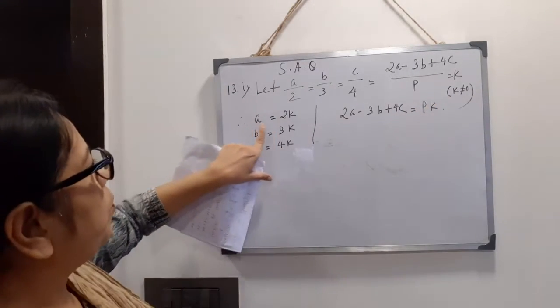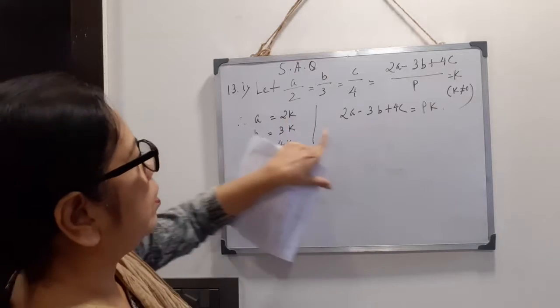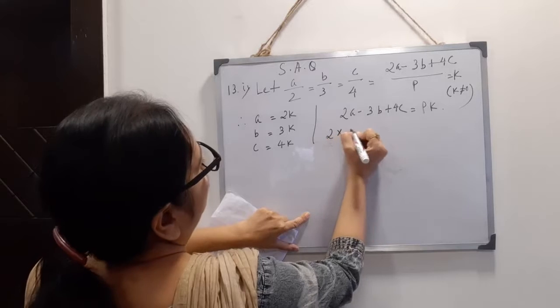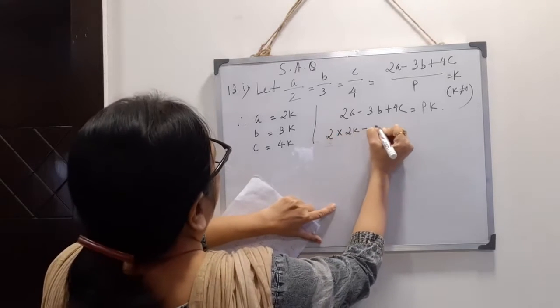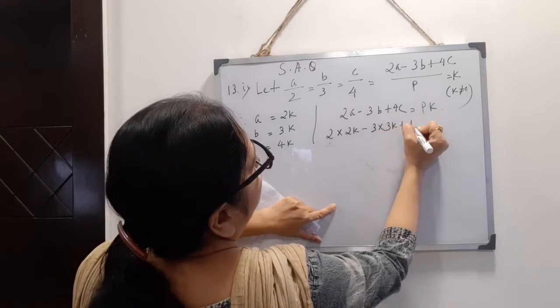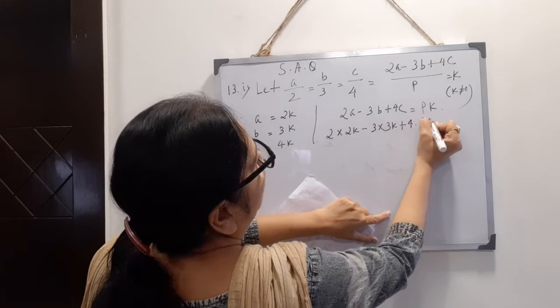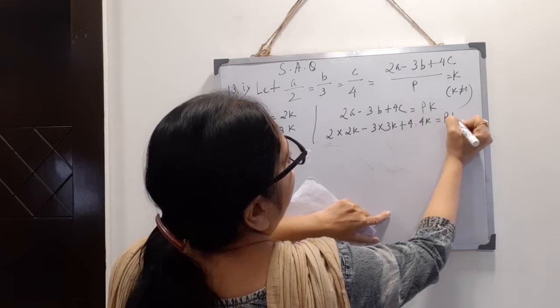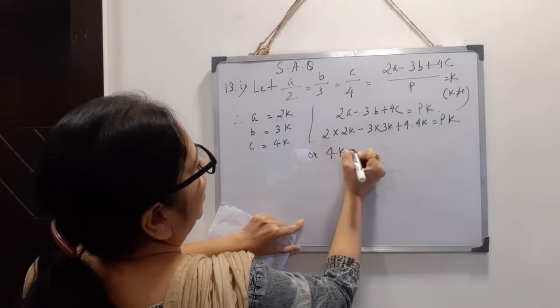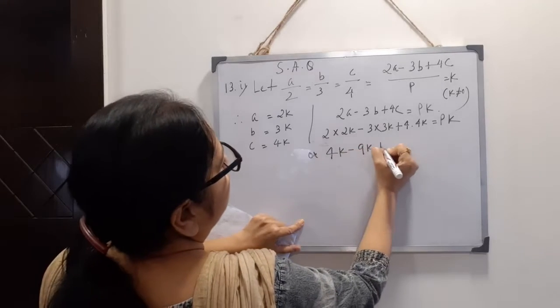Now we will put the values of a, b, c here. So it becomes 2k minus 3 into 3k plus 4 into 4k equals pk, or it becomes 4k minus 9k plus 16k